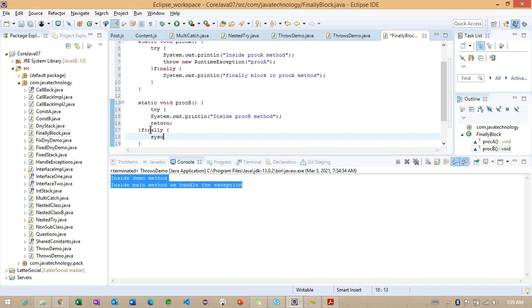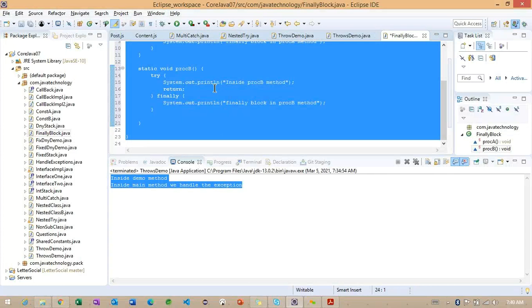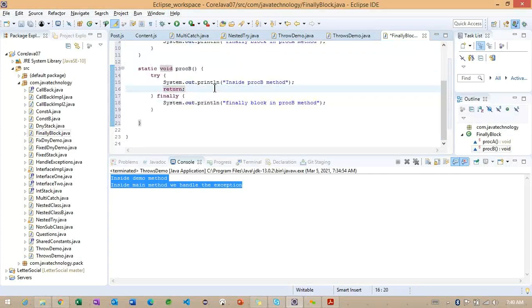So inside the finally block, what I will do, so this is the one more method.